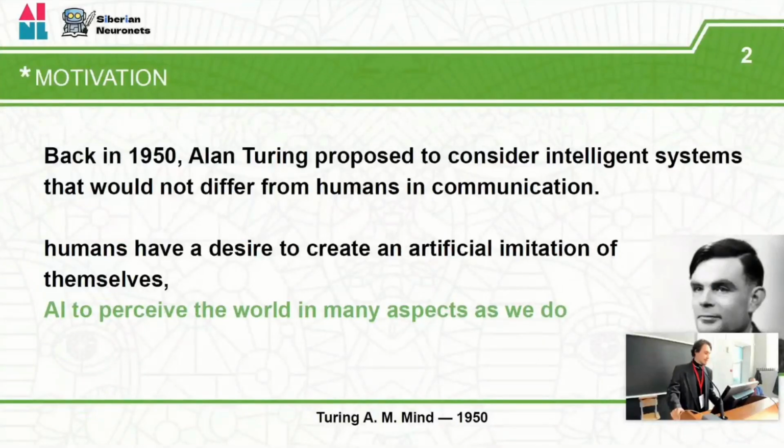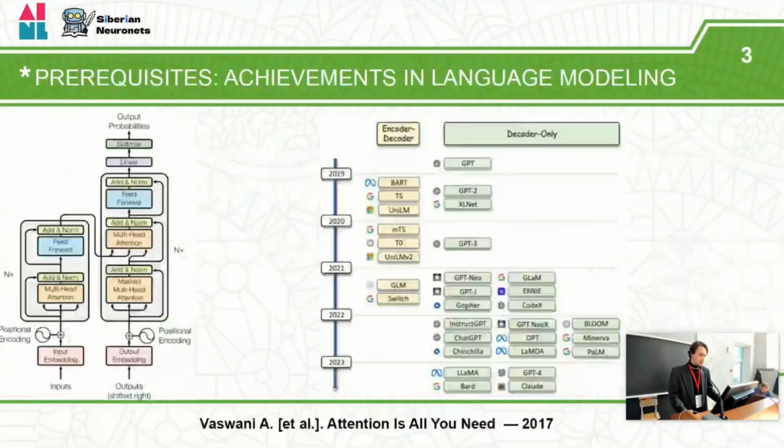Humans always wanted to create an artificial imitation of themselves, and we can see it in literature and other sources. One of the reasons to create multimodal solutions is to create an AI that can perceive the world in many aspects as we do. Other reasons for the evolution of multimodal solutions are achievements in different specific tasks, like language modeling with well-known